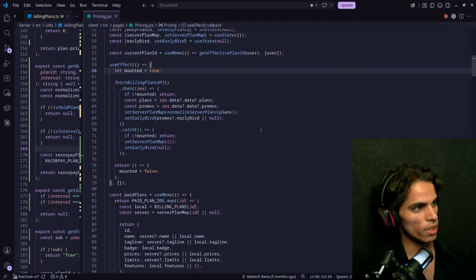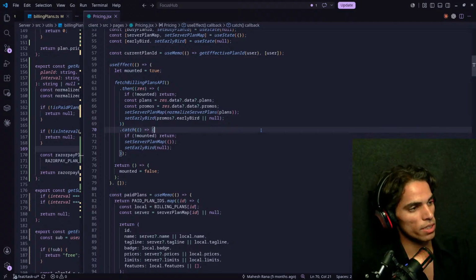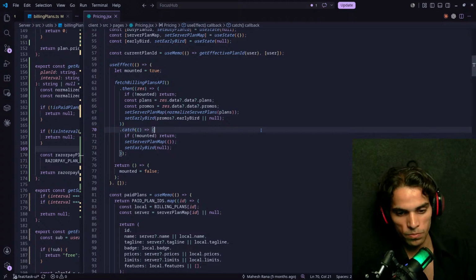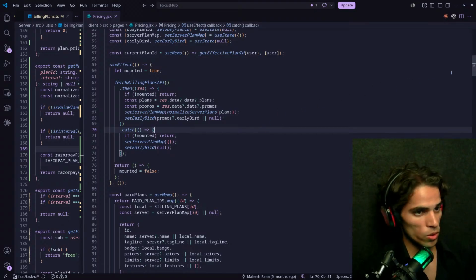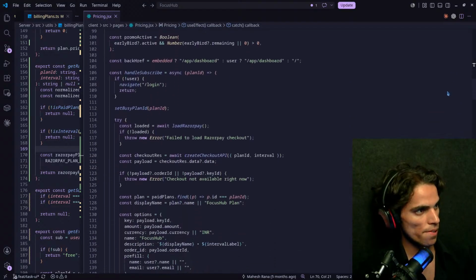useEffect. We are loading our billing plans, if not, then return, and otherwise plan response data. Okay, great. Then we have paid plans, then interval level, and